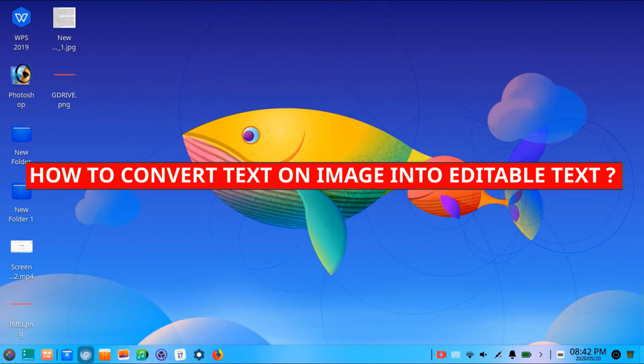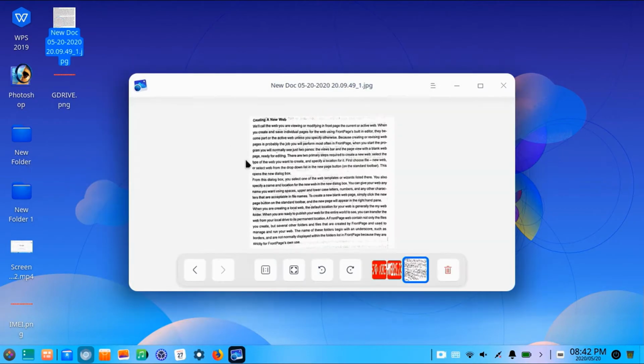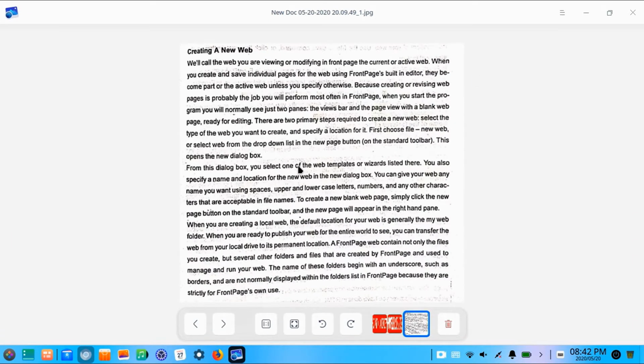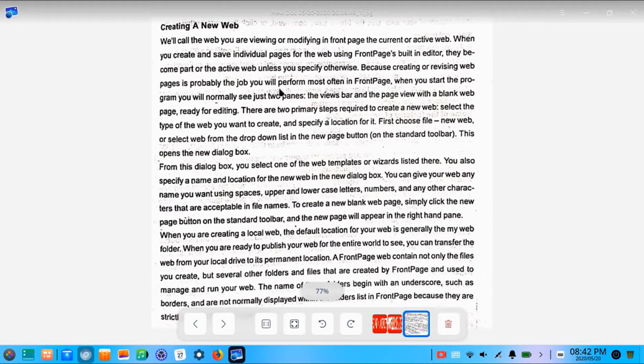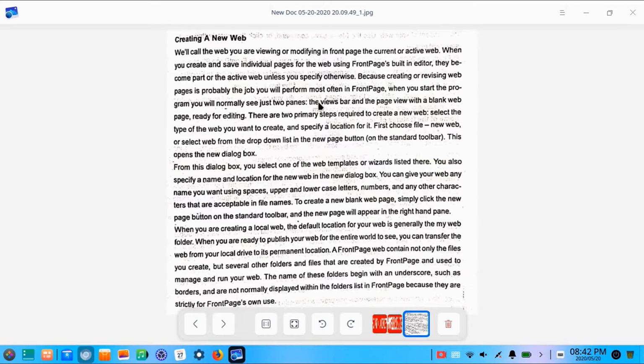So here I have an image file, and it has text on it. Since it's an image file, it's not possible to copy or edit the text on this image. So if I want to copy or edit the text on this image, what I need to do is